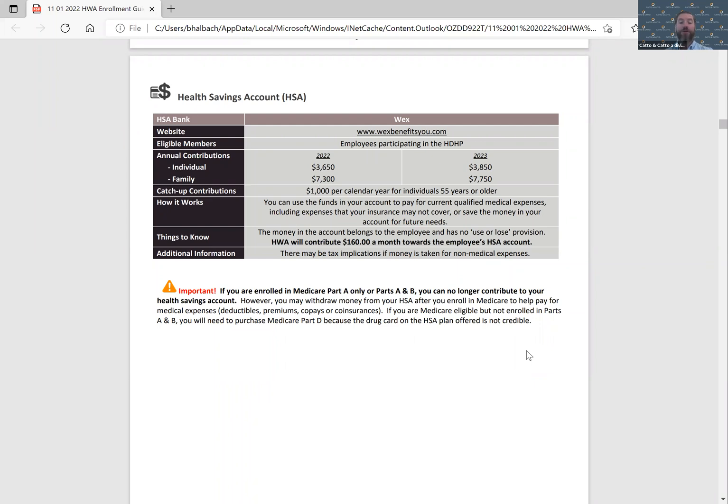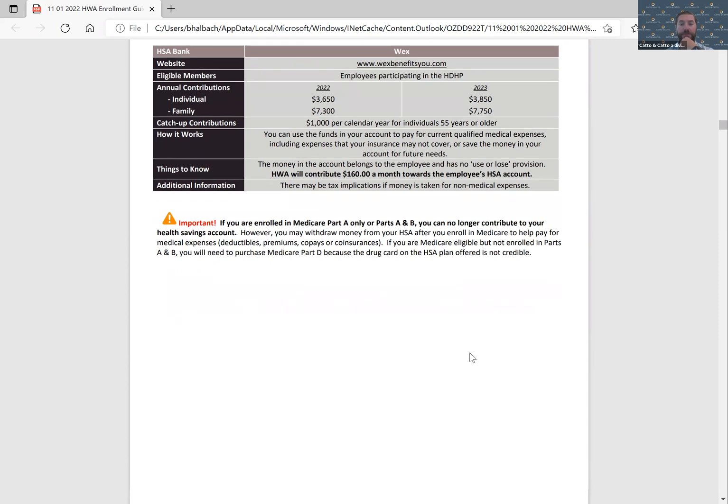Pre-tax dollars go into that account, and you can use those for medical, dental, or vision. If the account has a balance, then you have some money to spend. If it does not, then you don't. It carries over every year. You can take it with you if you leave the company, but they put in $160